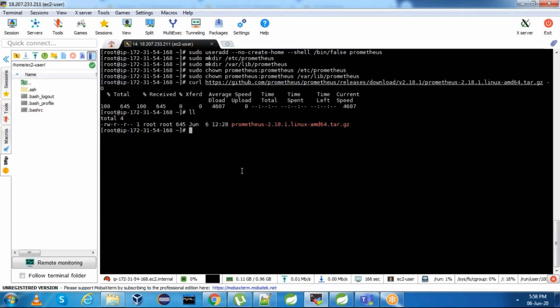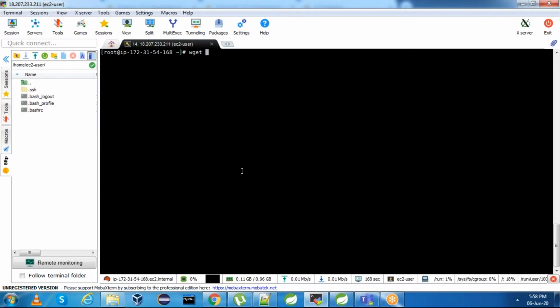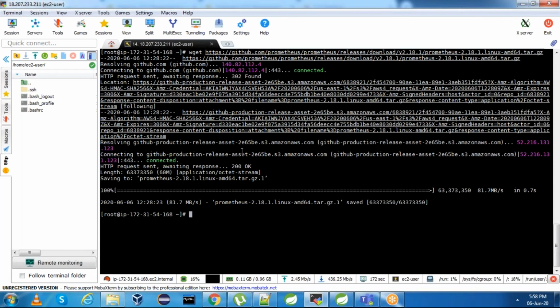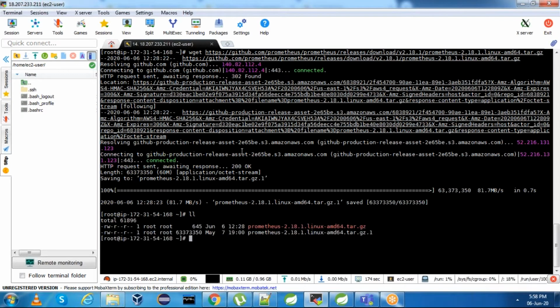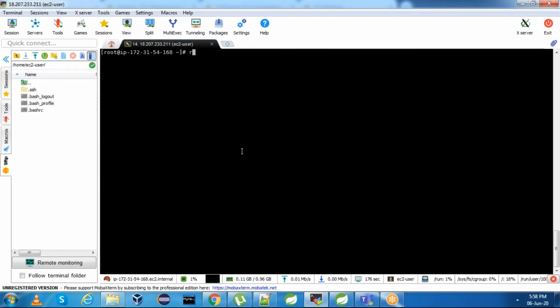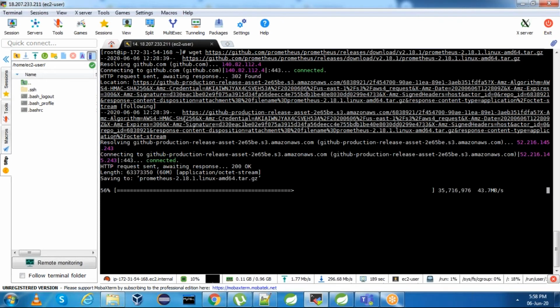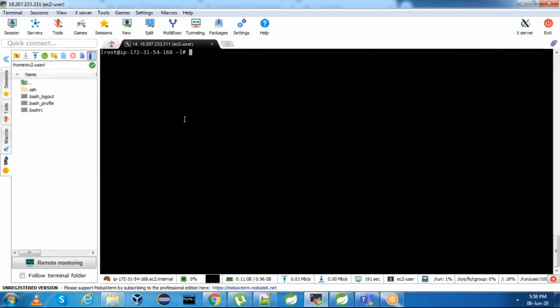I think this is not downloaded properly. wget this particular tar file. Now it is downloaded. Let me remove this, since it has not been downloaded properly. Let me re-download again with wget. This is the tar file. Perfect, this is downloaded now. Extract the tar file.